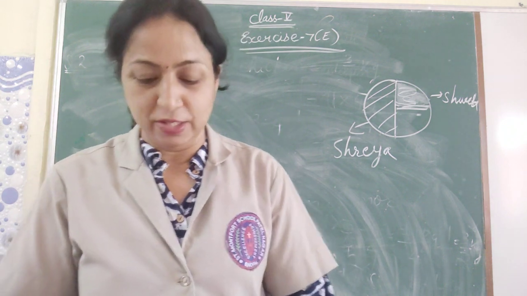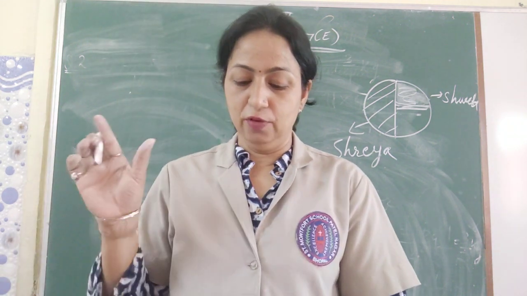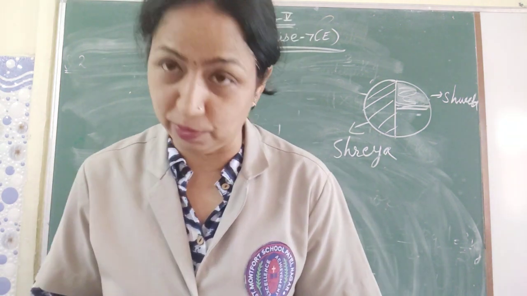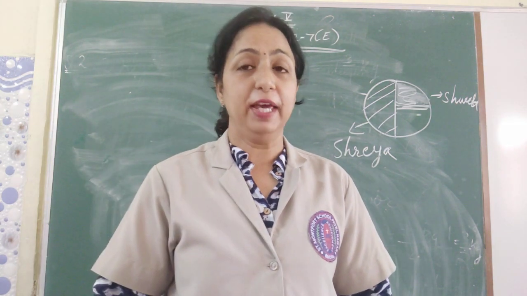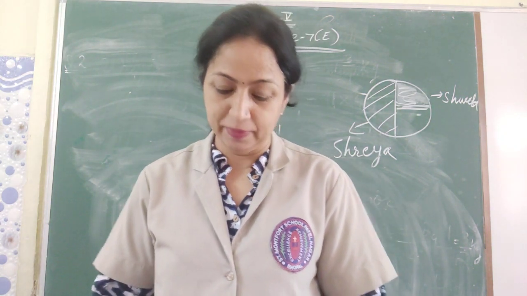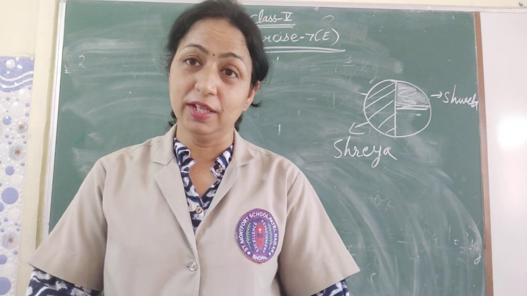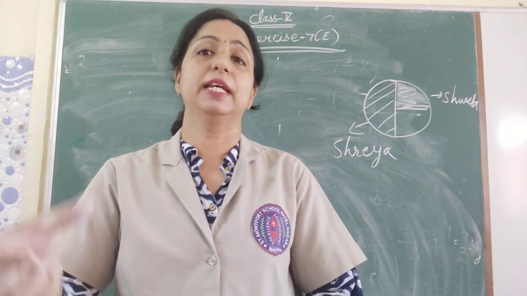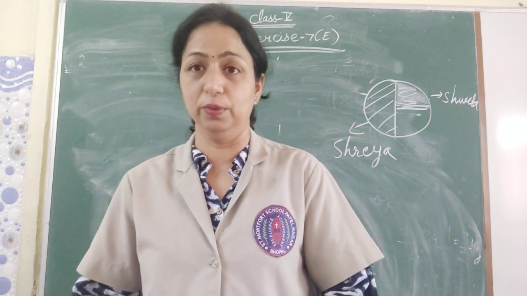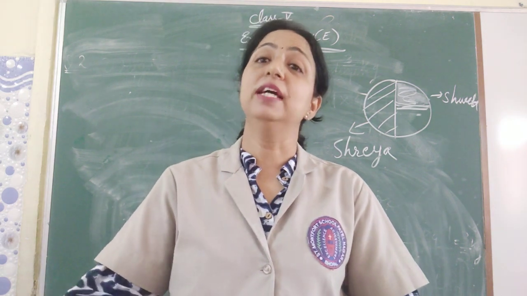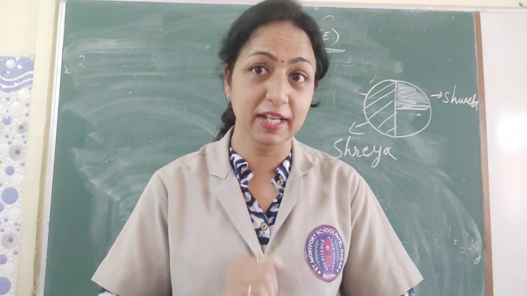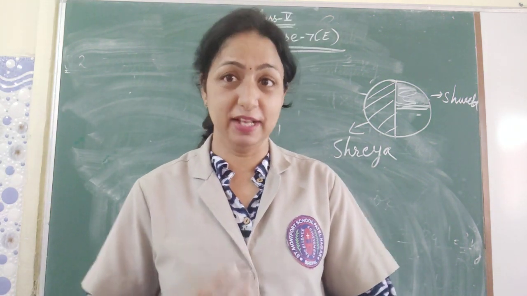Okay dear children. So how will we solve it? You will write the portion of cake consumed by Shreya, the portion of cake consumed by Shweta, and you will add them both. Okay, so you will find how much cake is totally consumed. Now this you will subtract from 1. So you will get the answer of how much is left. Let us do that.